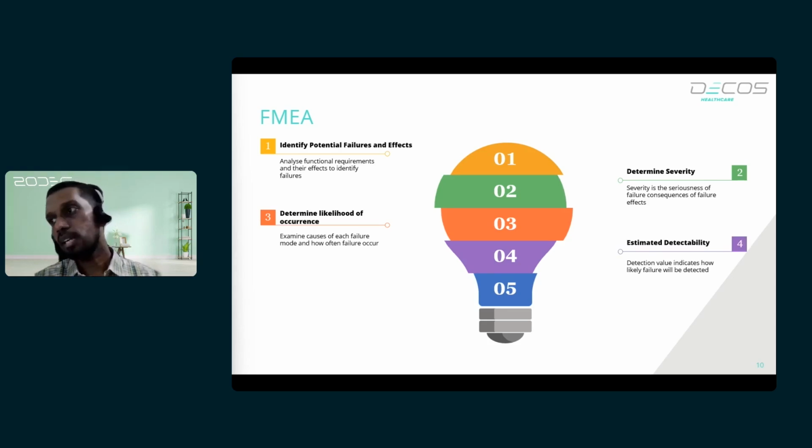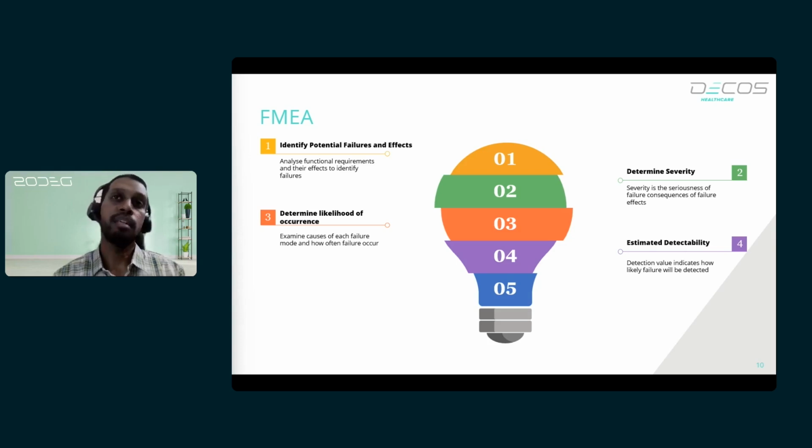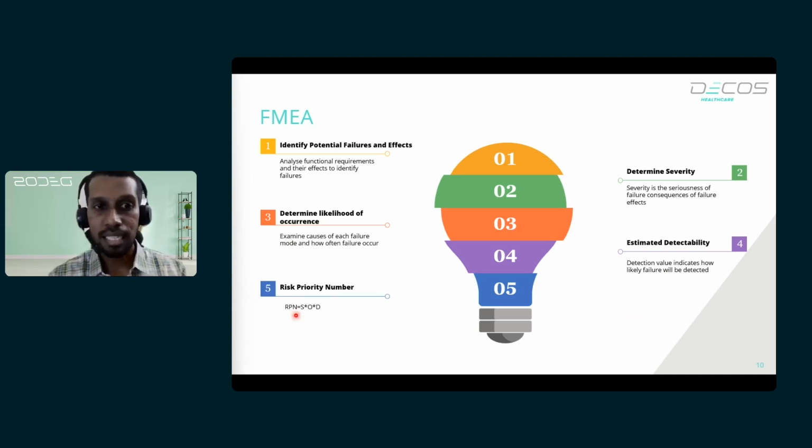After which we need to identify the detectability. So we need some detection values to indicate that this failure can likely be detected whenever I'm going to use this device in real time. So these three parameters, severity, occurrence and detectability, will be used to derive a number called the risk priority number. So this risk priority number, which is S cross O cross D, will give us critical information on, if a functional failure is going to occur, what could be the risk priority for this identified potential failure. So this would give us some in-depth information both clinically and with regard to the functional aspect of